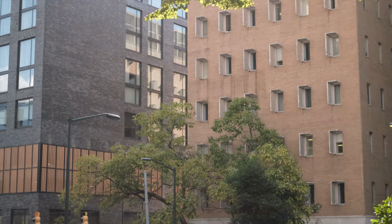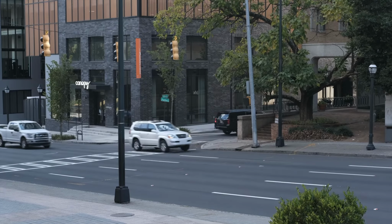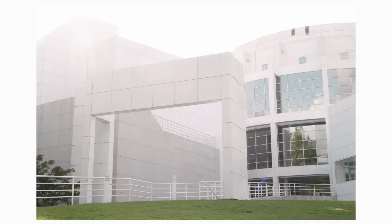Yeah, I did a lot of walking, captured a lot of great photos. I didn't really need to be in this video, and I got a lot of good 360 content for my website. But then I arrived at the High Museum of Art, and then I came across these two images, and